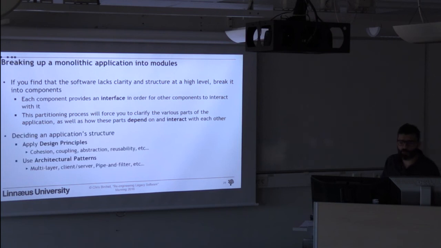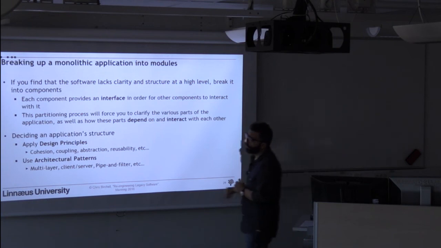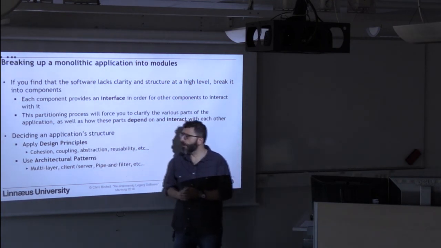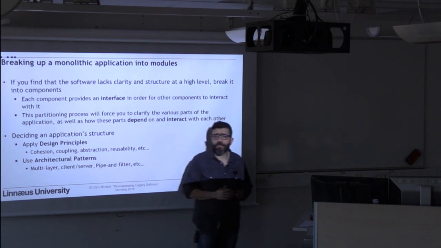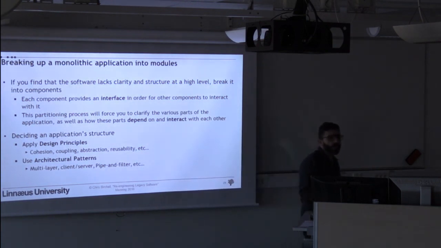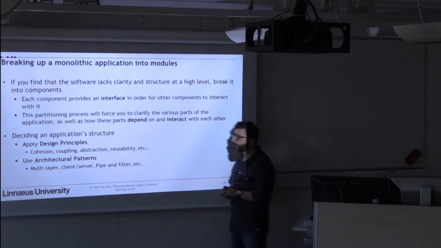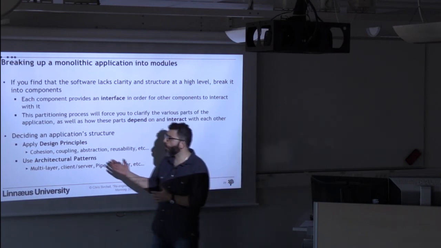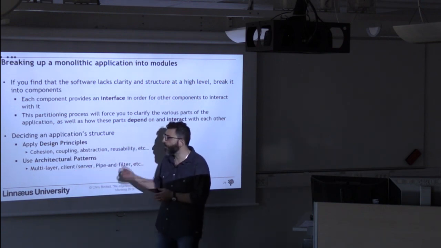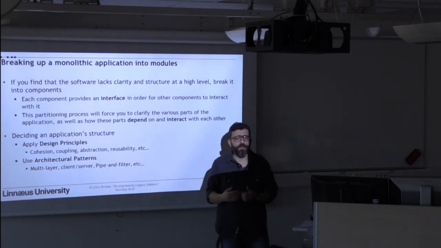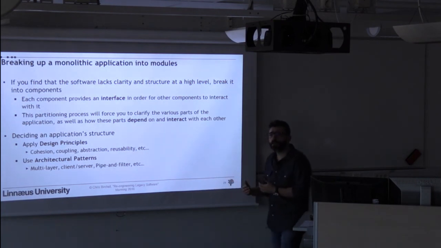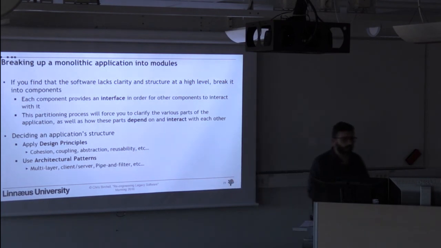So then the first choice that we need to understand is how to apply the design principles and how to use the architectural patterns that we discussed. Okay, that's the most important. So first, we have to decide what type of architecture we want to provide, and then we use our knowledge about design principles and architectural patterns in order to understand what's the best architecture for the system. Okay.